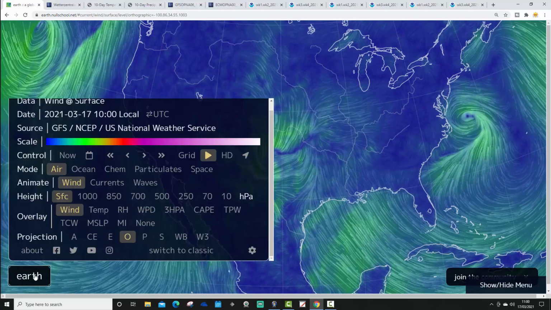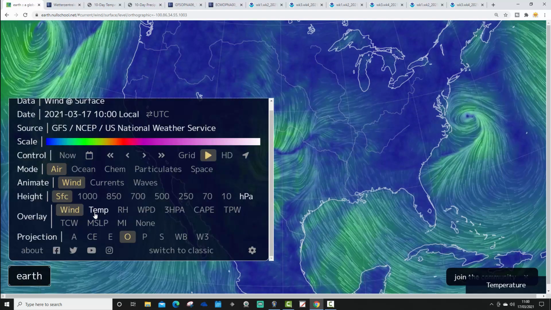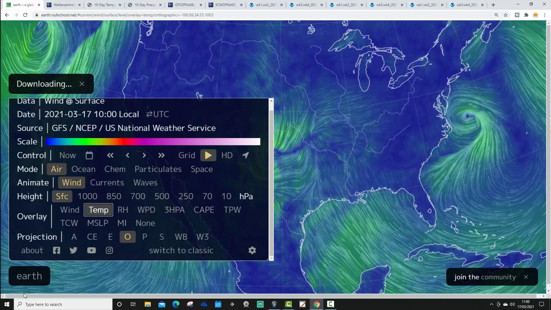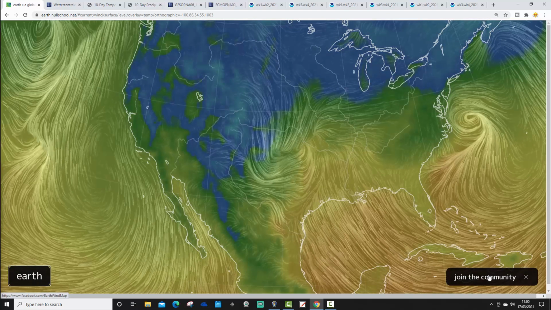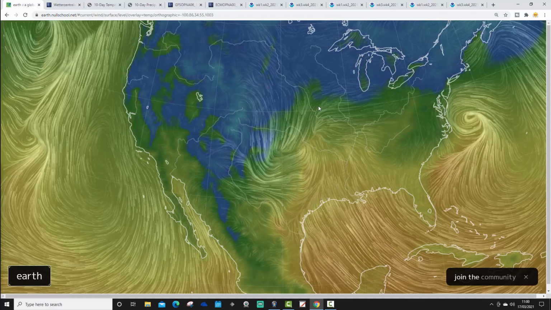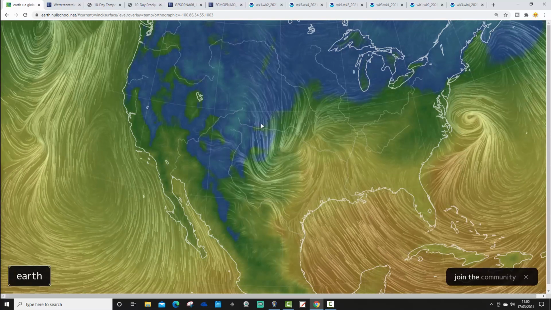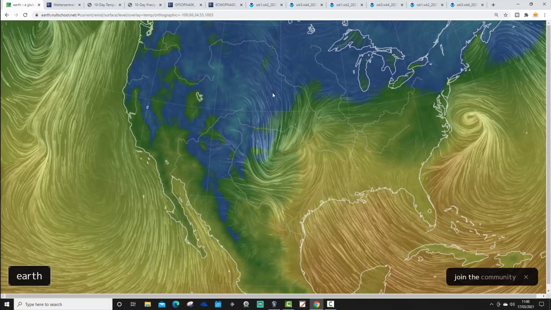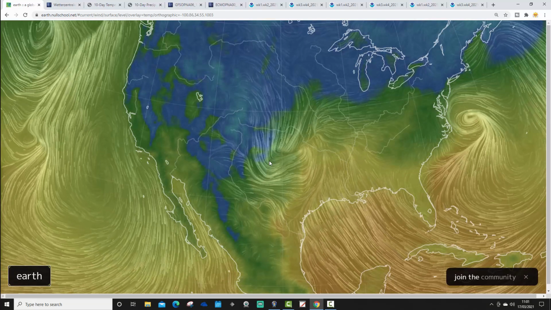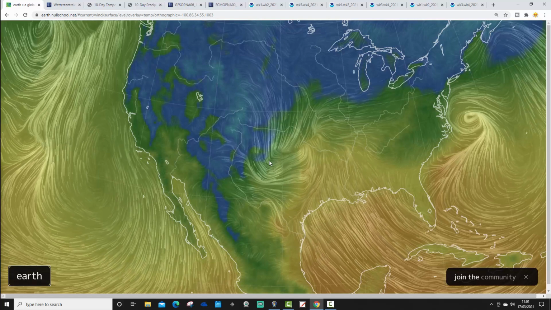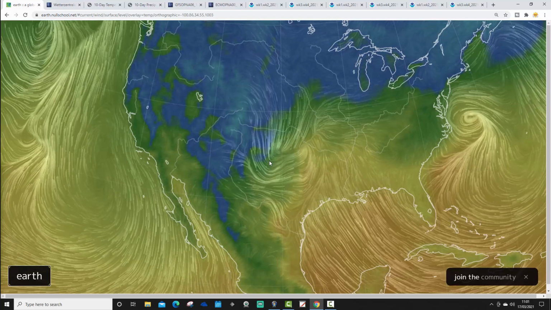If we add on the temperature to the wind flow map, you can see the contrast that we've got with that area of low pressure. So we've got these hot southerly winds drawing up from the Gulf, but you can see with the blue colours, we've got the cold northerlies on the northern side of this area of low pressure. A very, very big temperature contrast,